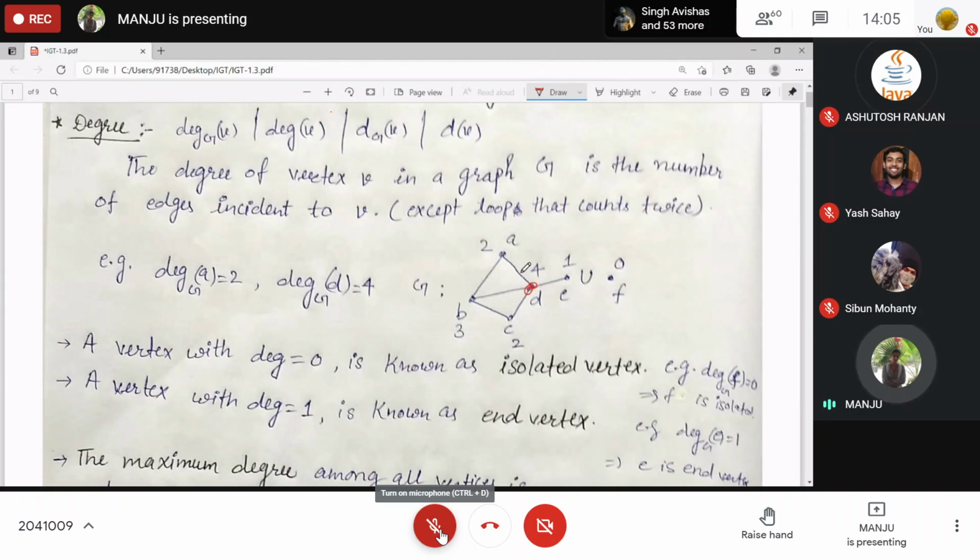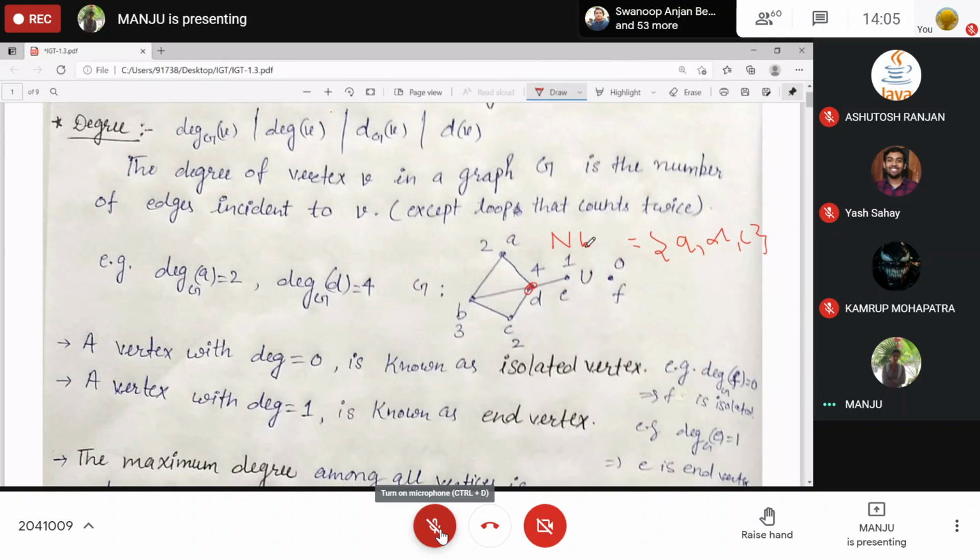So if you collect all the neighbors in a set, that will represent your neighborhood, okay, neighborhood of that vertex. So A, D, C. This is the neighborhood of B, and we generally represent as neighborhood of B, N of B, in graph G. If you have more than one graph, then you can just put this G, otherwise leave it.